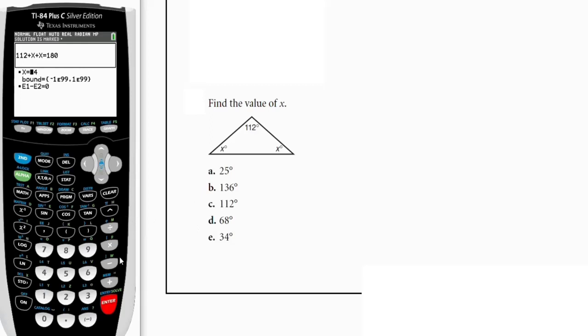Now don't forget to reset the calculator once you are done. Firstly press second and this mode button to quit, then press second and this plus button, go for option 7,